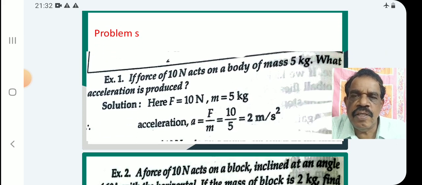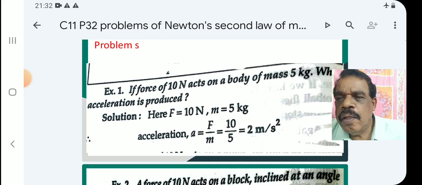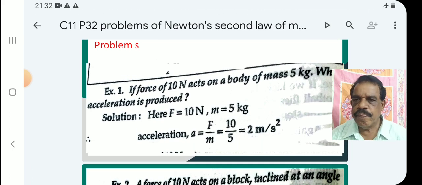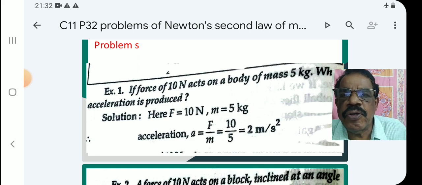So we see the first problem. First problem, if a force of 10 Newton acts on a body of mass 5 kilogram,